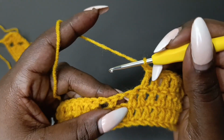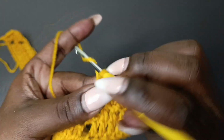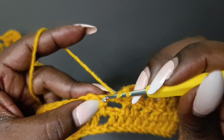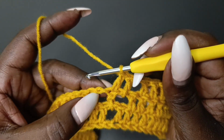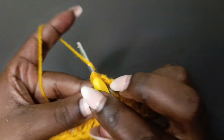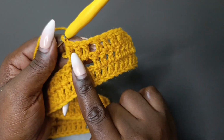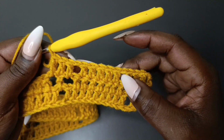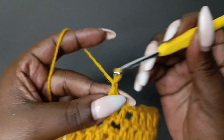So we're going to chain 1 and skip that double crochet, then work into the chain 1 space, 1 double crochet. Then we have a double crochet right here. We're going to place another double crochet, and that will make 2. Then into the chain 1 space, we're going to place a third double crochet. So between this gap and the next gap, we have 3 double crochets. So at the beginning, we have 4, chain 1, 5, chain 1, 3, then chain 1 again,